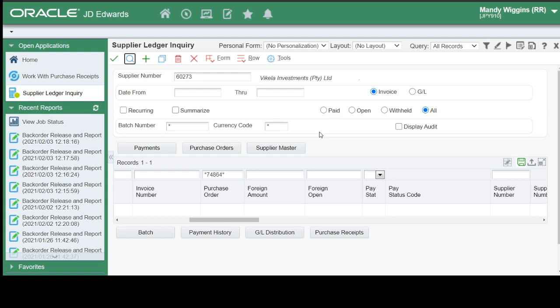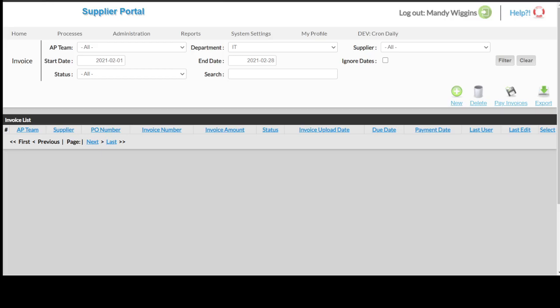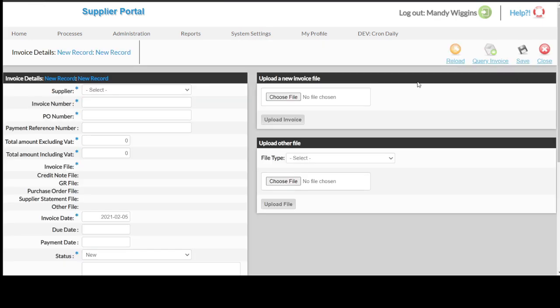So now that we know that the voucher does not exist in JDE, we are going to the supplier portal. On the supplier portal, the supplier will log in. You would add a new invoice. Choose his name. He would put in his invoice number. He would put in the purchase order number